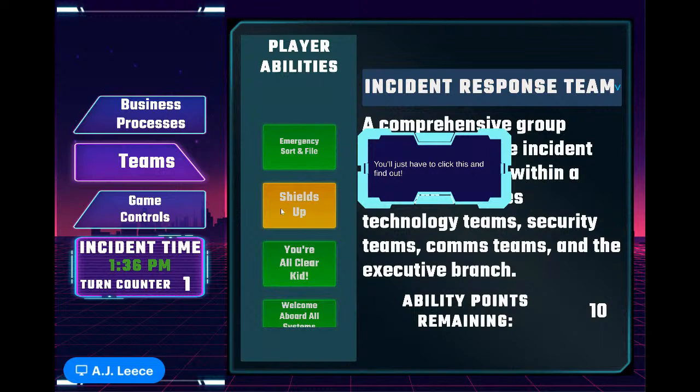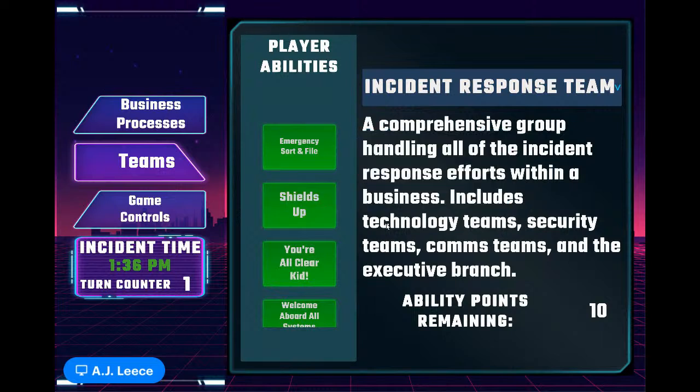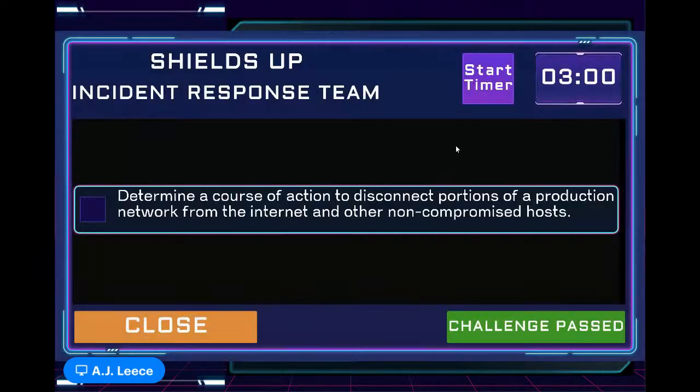So the next step is we want to isolate the affected assets from the business, so that they cannot create any problems. They cannot go ahead and further reinfect anything, because we're going to go through the remaining steps. So shields up is our effort here. Now we're going to want to determine a course of action to disconnect portions of a network from the internet and other non-compromised hosts. So in essence, we're quarantining or isolating parts of our environment in order to keep it